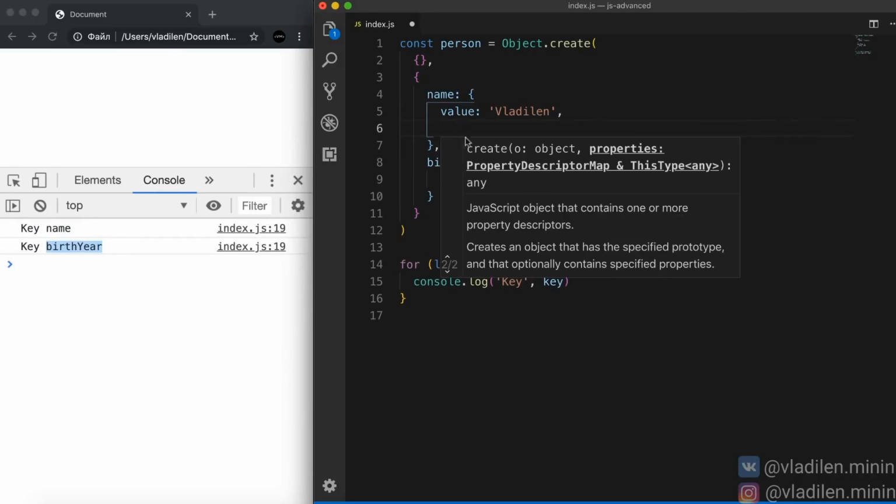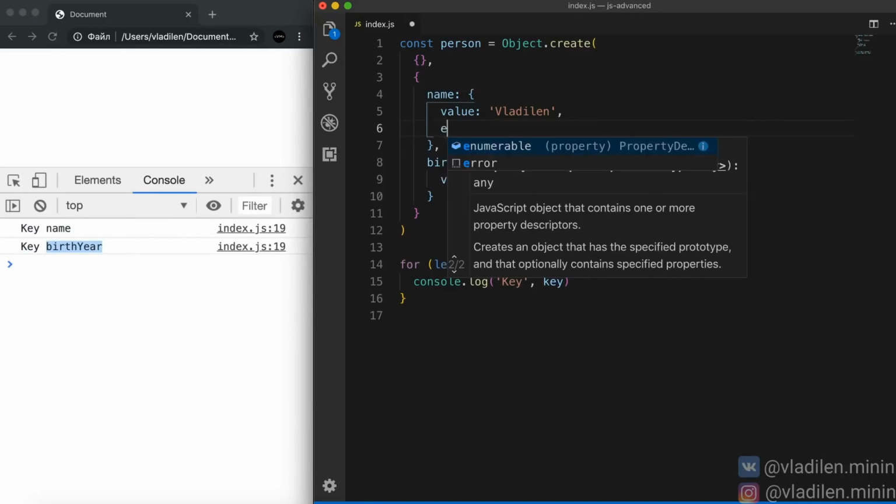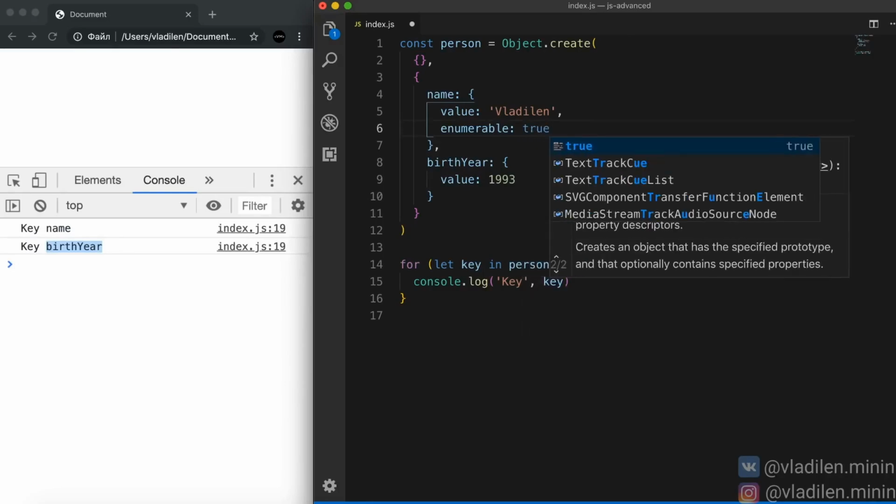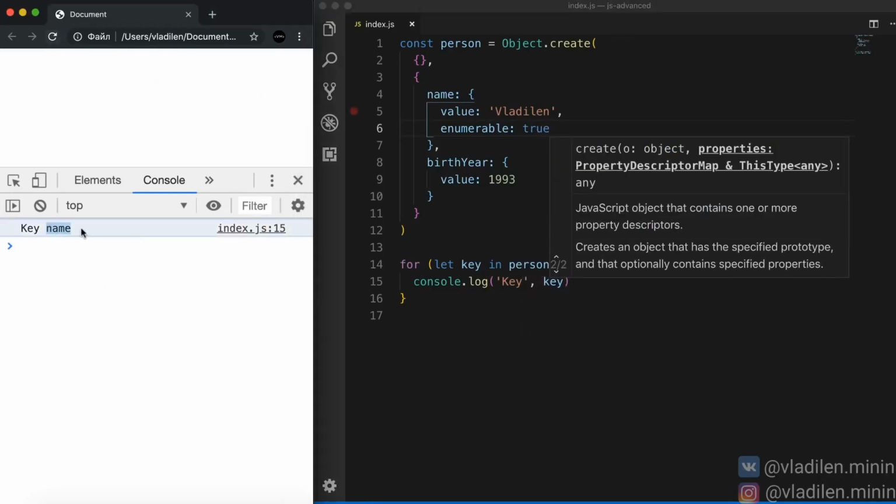Visual Studio is helping me understand what that is. For example, to make the name field visible in a for loop, we can use a parameter called enumerable. By default, when we create an object using Object.create, it is set to false. But if we pass the value true here, and I refresh the page now, as you can see, we get